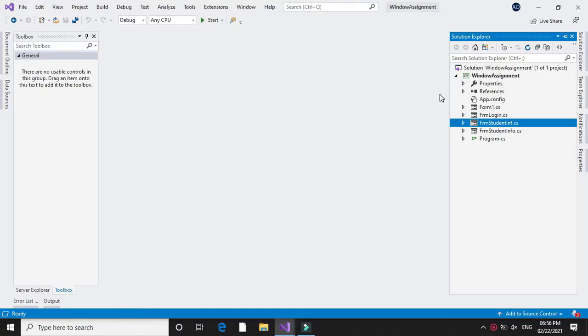We will write a program to insert student data: roll number, name, gender, birth date and marks of 3 subjects, and we will calculate the age, total marks obtained, percentage and grade. For this we will add a form.